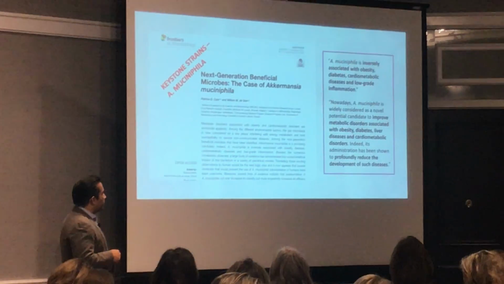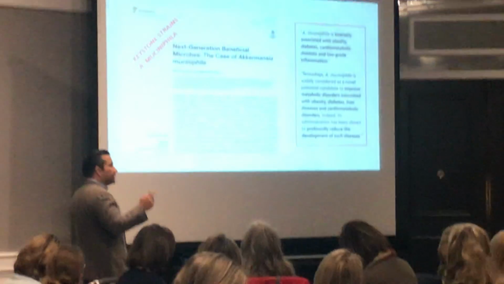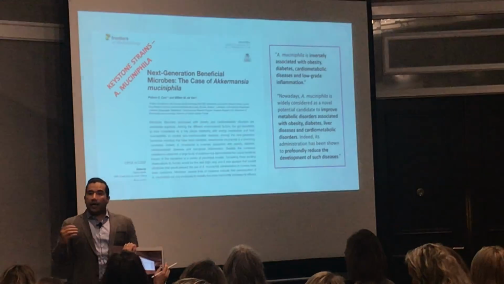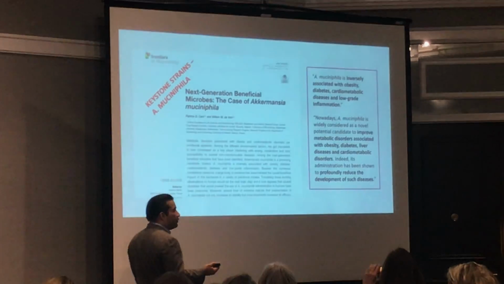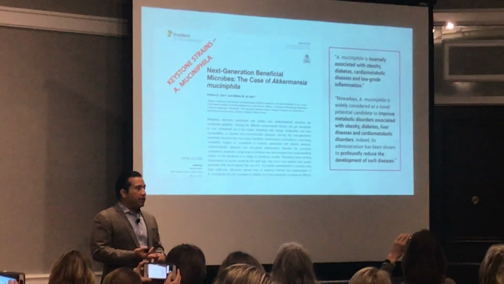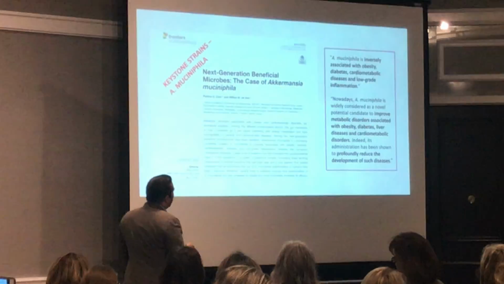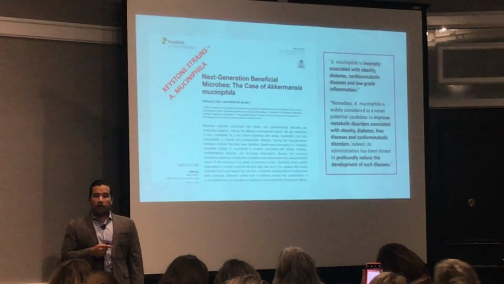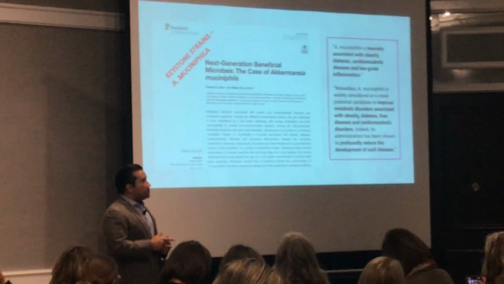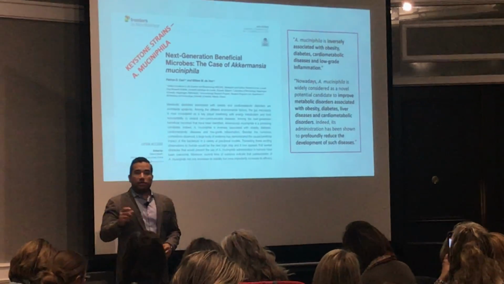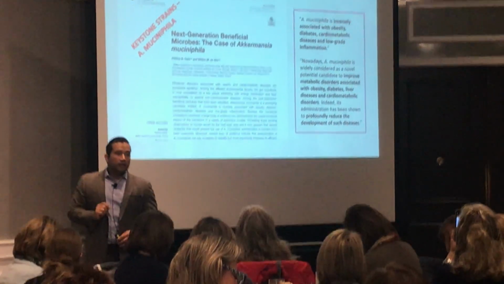This is one of the keystone strains, Akkermansia. This is again a review paper. Akkermansia is so interesting. It is inversely correlated with everything in the cardiometabolic realm. Right? So if you have high Akkermansia, you are protected against everything that falls under cardiometabolic disease. That's like 62 different conditions. Of course, it's most of what kills Americans. We're talking about heart disease, diabetes, dementia, Alzheimer's, Parkinson's, all of these things that can fall under cardiometabolic, and obesity, of course, syndrome is protected against by Akkermansia. Now, they've also done interventional studies with animal models and even in humans. When you implant Akkermansia, it actually can reverse the process of diabetes. Right? That's how powerful